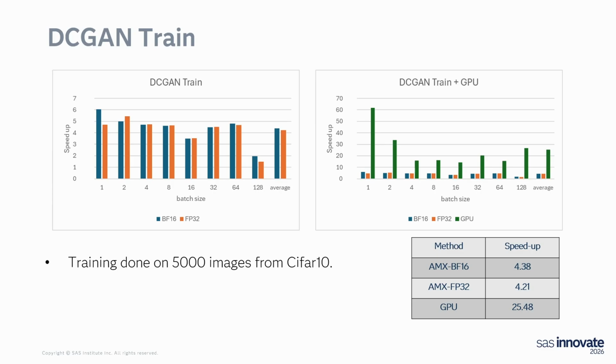Training for the DC GAN models, again, we're getting an average of 4x speedup over the baseline. Across the board here, there's not much difference between BF16 and FP32. The GPU is doing really well on this model type, but if you look, you're really on an order of about 5x faster, not that 100x. And you have to keep in mind the cost differential between those modalities and make sure that you feel the juice is worth the squeeze on this one.